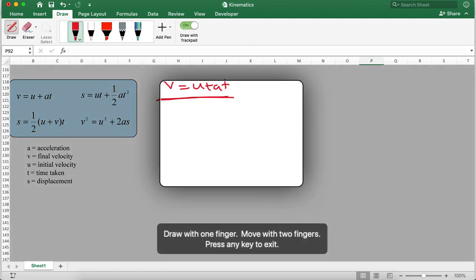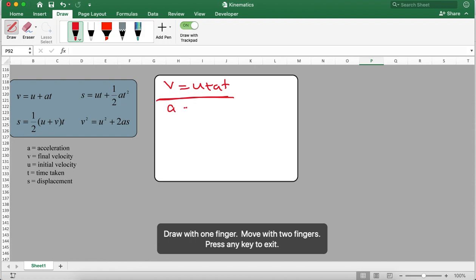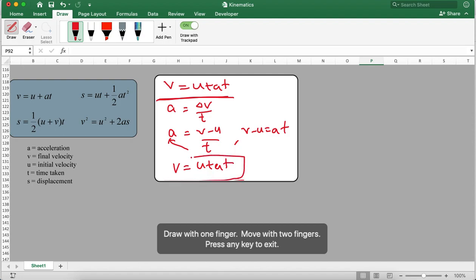It is very simple. As you all know, acceleration is equal to change in velocity by time, or acceleration is equal to (v minus u) by t. You just take t to the other side, so the equation becomes v minus u is equal to at. Take the u to the other side, so the final expression is v is equal to u plus at. So this is our expression. Remember, this is the first kinematic equation. Let me write it as 1.